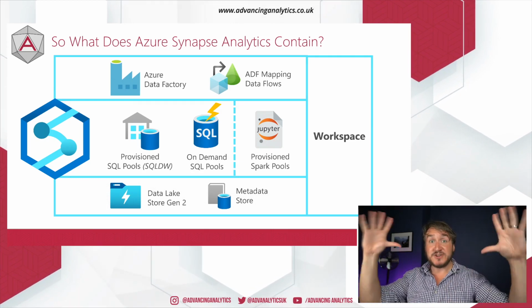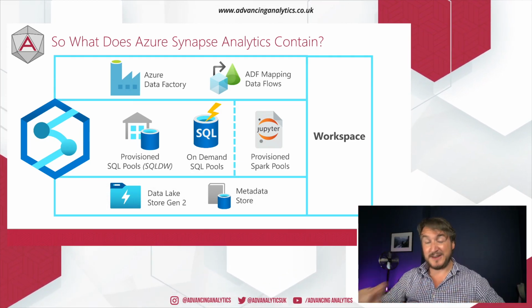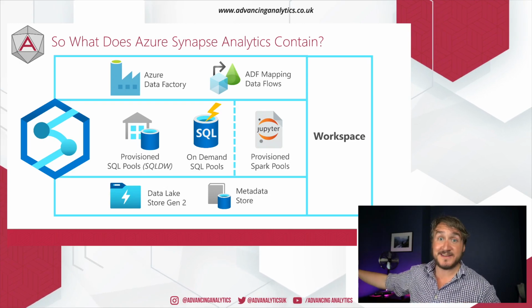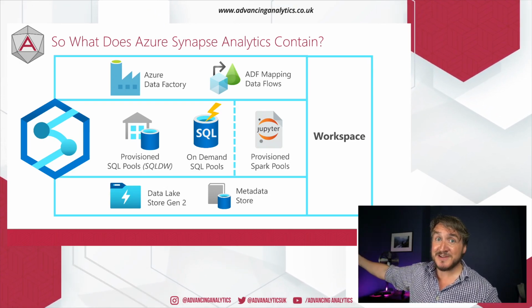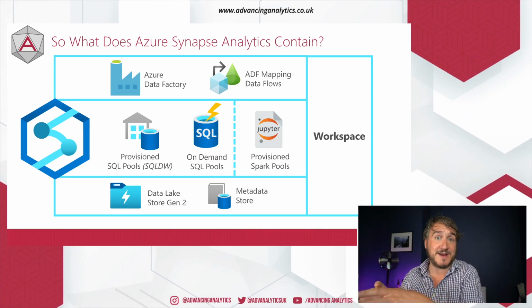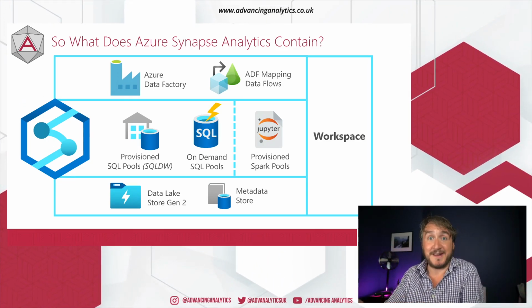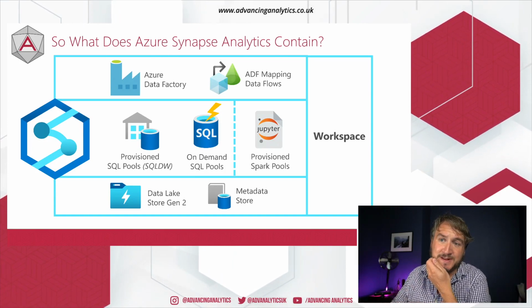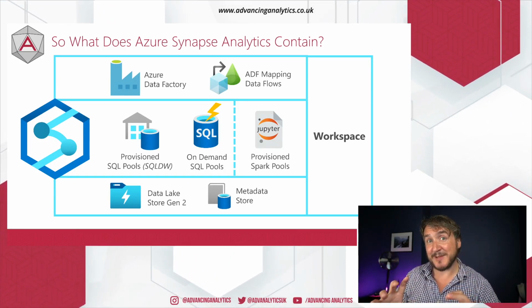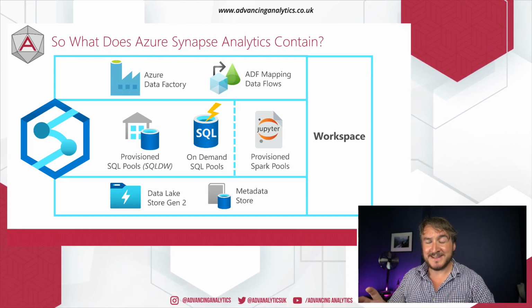And then finally, got storage down the bottom. Now, when we provision Synapse Analytics, you kind of pick a lake for it to sit on, and that is just an existing Data Lake Store Gen 2. So it's blob storage with hierarchical namespace enabled, and that is exactly the same as it normally is. I just used a production one and it's all fine. It's just the ability to see it inside Synapse Analytics is the new previewy bit.